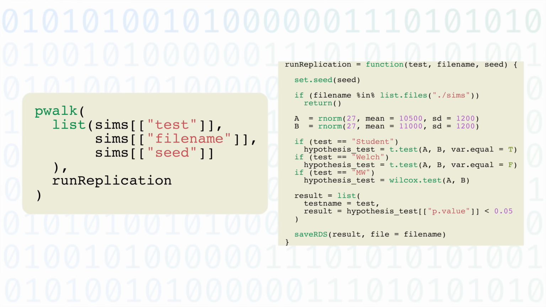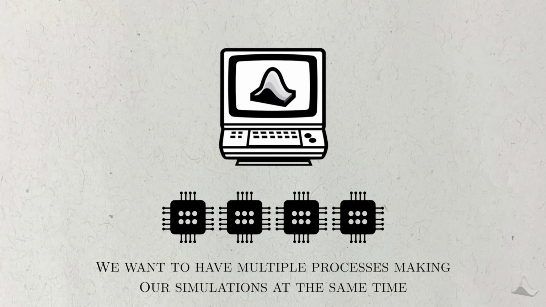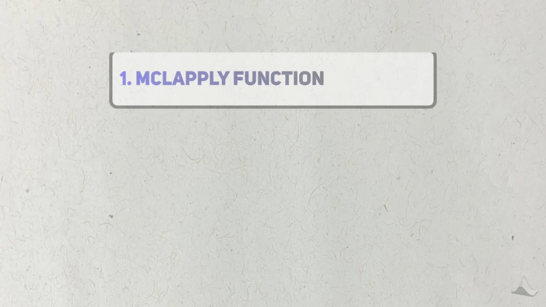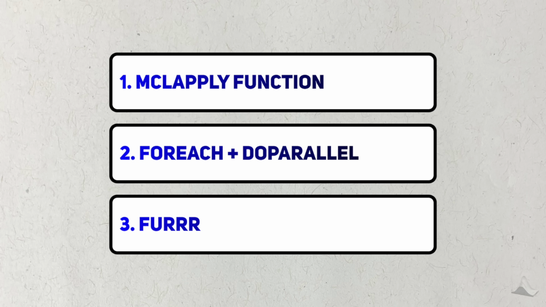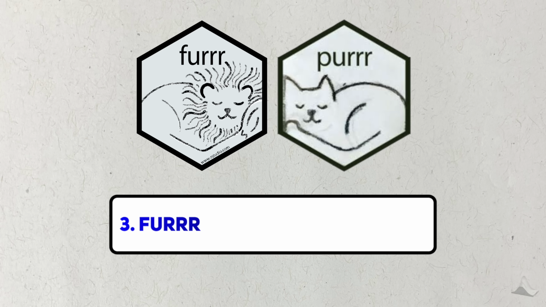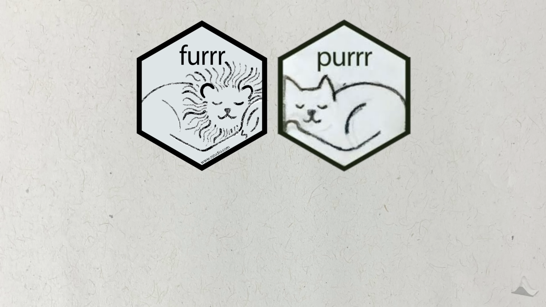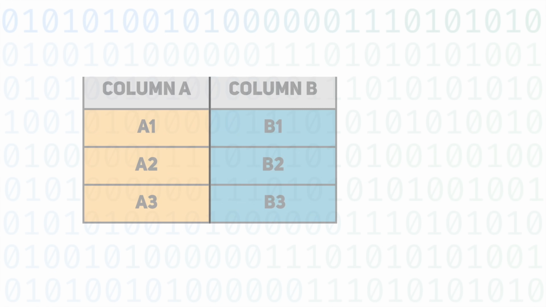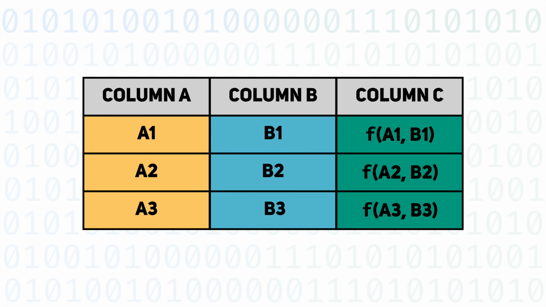This solves our saving problem, but in its current form, our simulation is still sequential in nature. What we want is for these replications to happen in parallel. Thankfully, there are a lot of mature packages in R that make parallel computation easy. The package that I'll be using is the furrr package, which is an analog to the purrr package found in the tidyverse. Purrr provides functions like map and pwalk, which allow us to apply functions in a row-wise manner in